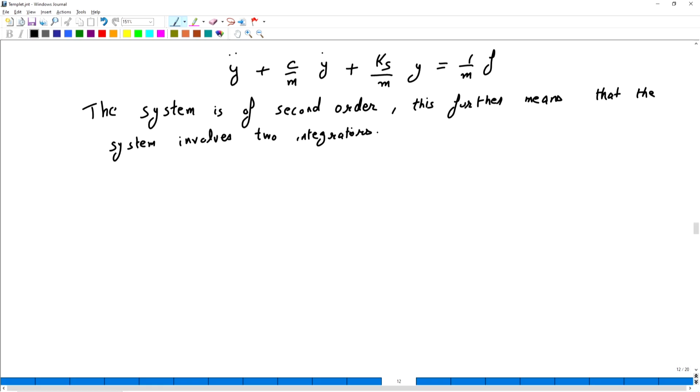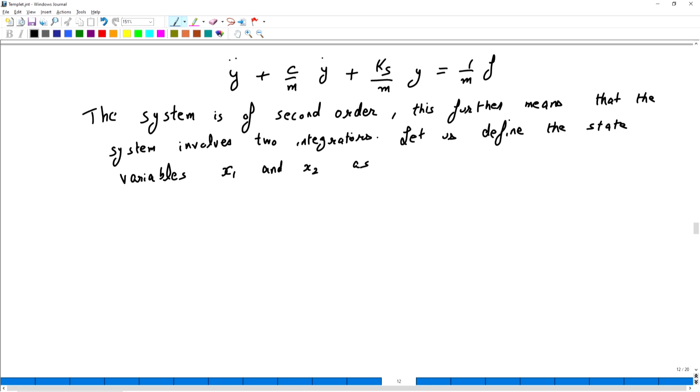So let us define the state variables for those. Let us define X1 and X2 as X1 equals Y and X2 equals Y dot.